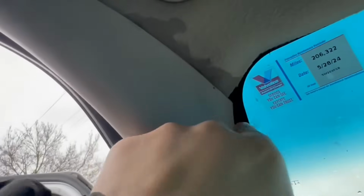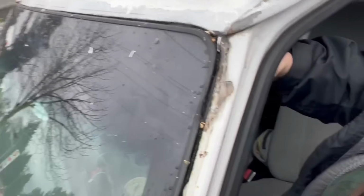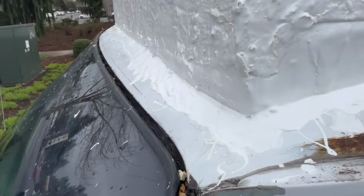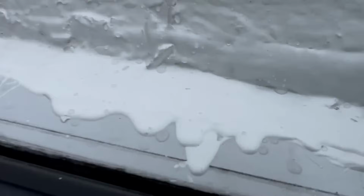Okay, I've noticed there's a pretty bad leak here, but it's not wet from over there. So I think I was looking on the outside, and I think the leak is coming from my window because it looks pretty old and chewed up. Because I don't know, none of this looks like it's leaking. So yeah, that leak is very concerning. It doesn't look like the other side has that problem. So I'm gonna eventually, whenever I have time, maybe I'll take all the stuff out, see if there's any leaks on the inside of that,